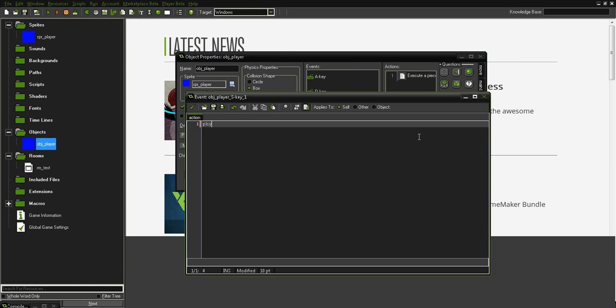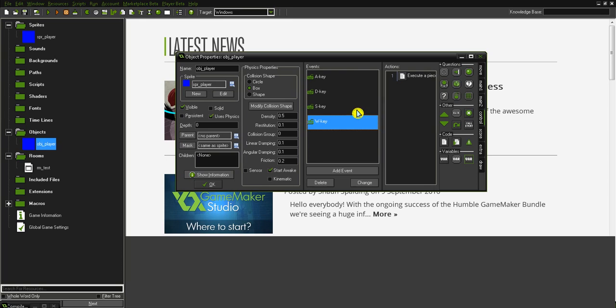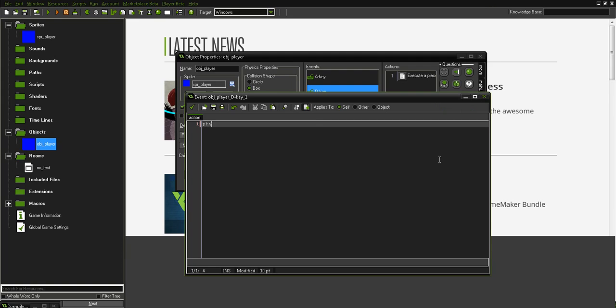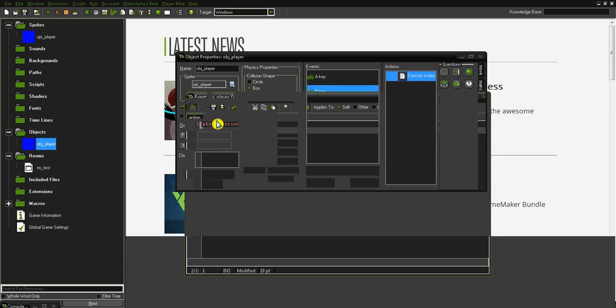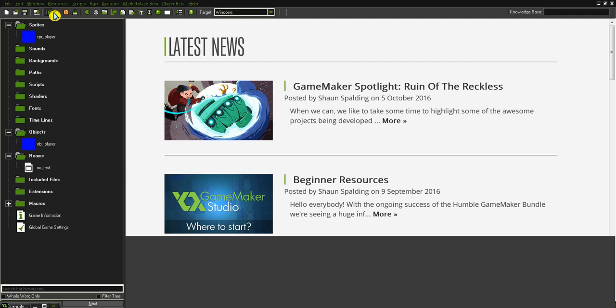So for S, you want to do physics position Y plus equals 4, because as I said, plus means go down and minus means go up. And then for D, just drag in another code and physics position X plus equals 4. Alright, nice. So now, once again, we're gonna run our game, and now we should get a fully functioning